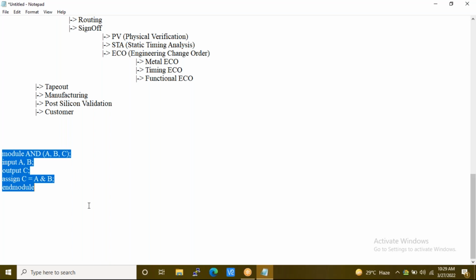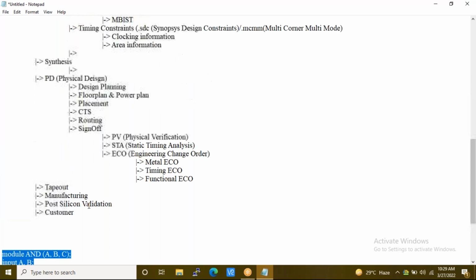I can easily pinpoint it if I'm using scan chains.